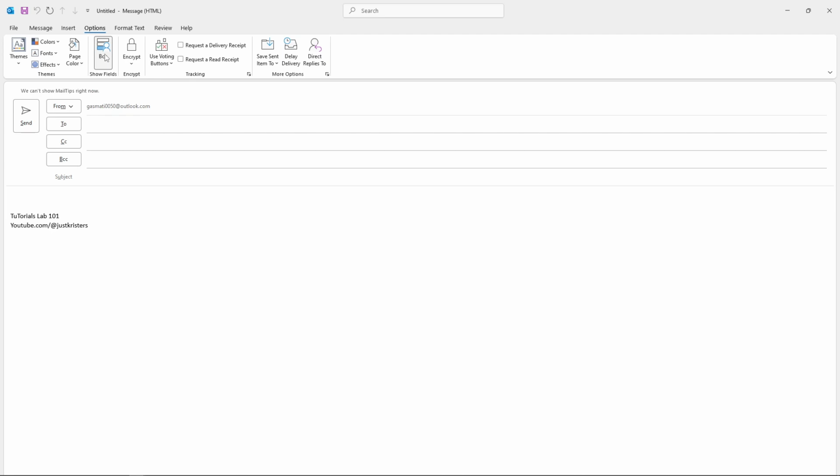The moment you do this, you'll notice something change in your email composition window. A new recipient field labeled BCC will appear right below your To and CC fields. This is where you can add email addresses of people you want to receive the message without other recipients seeing their names. And there you have it. You've successfully added the BCC field to your Outlook email, giving you more control and privacy over who sees what